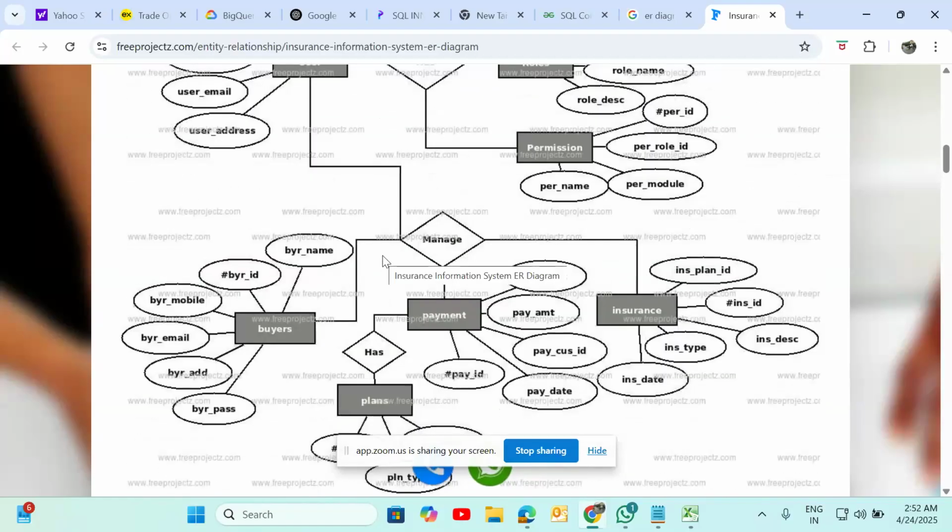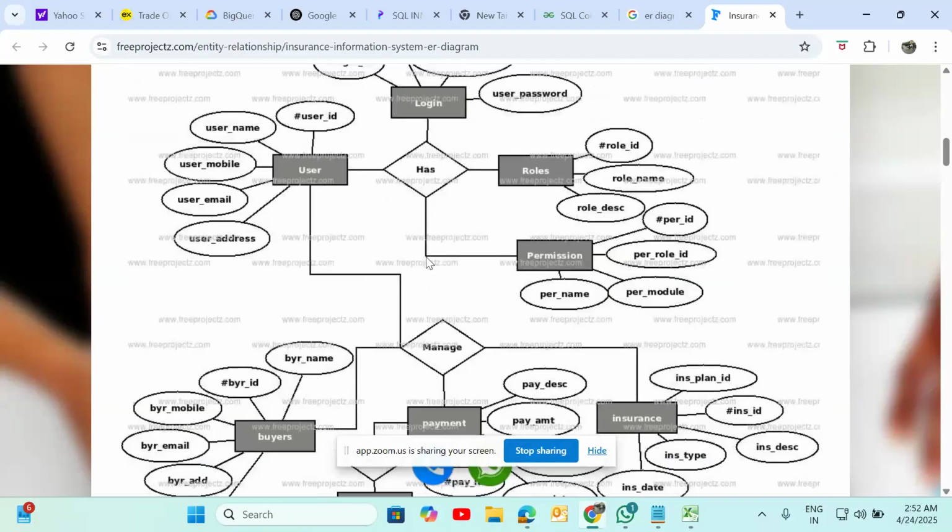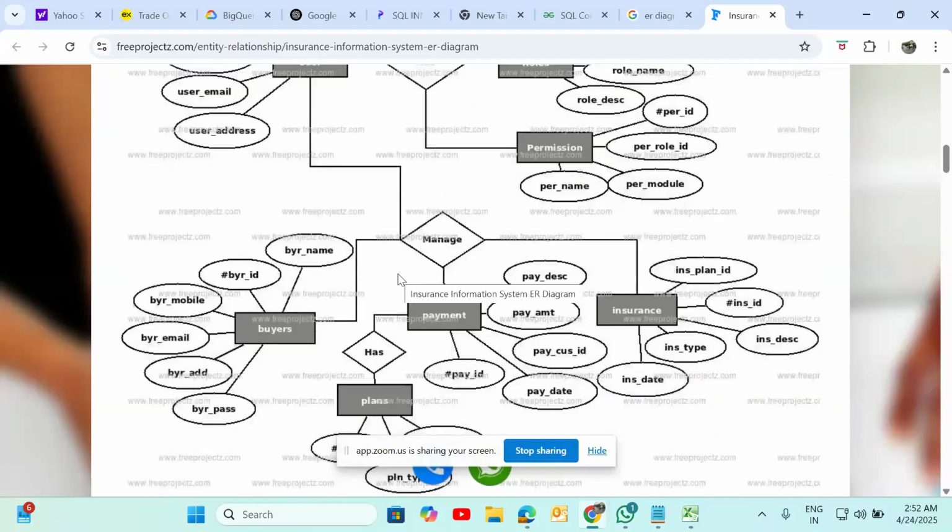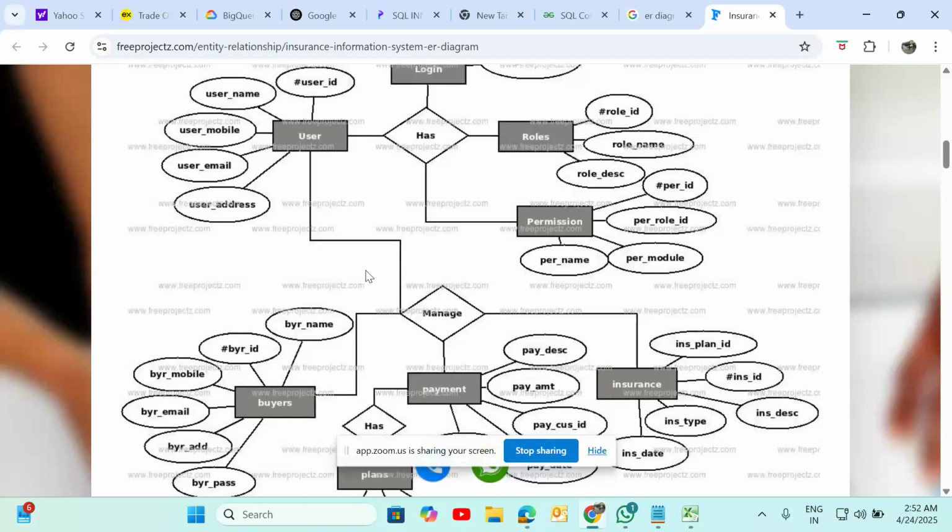For example, your manager wants to know how many sales are completed. I want the sales report. Can you get the data from these tables? Is it possible?